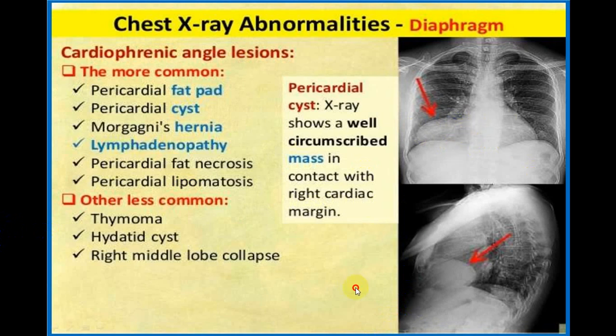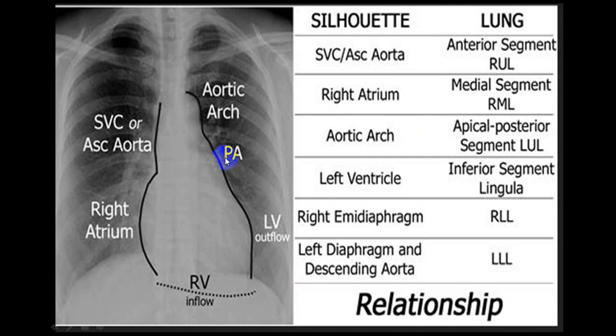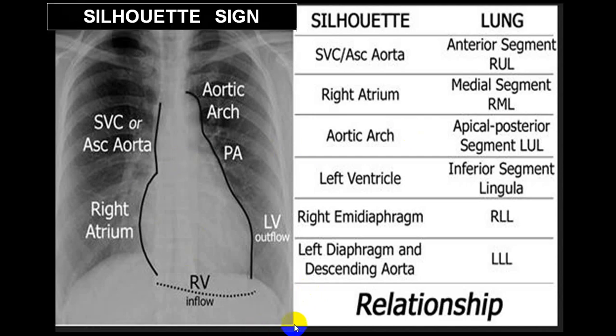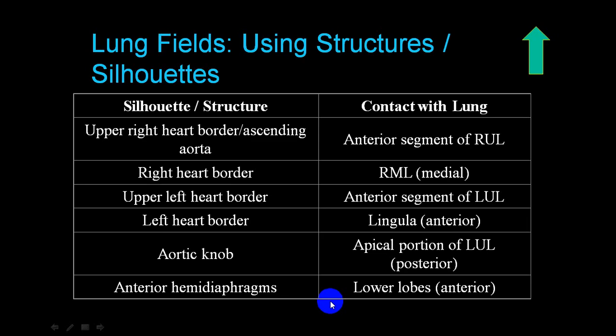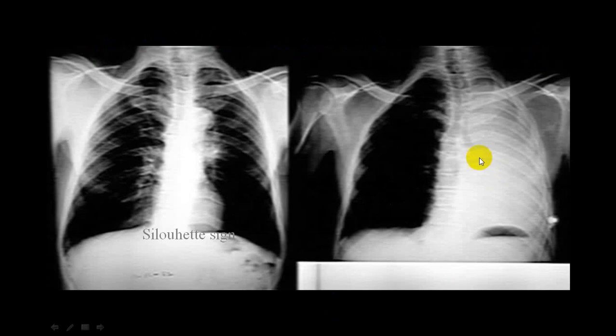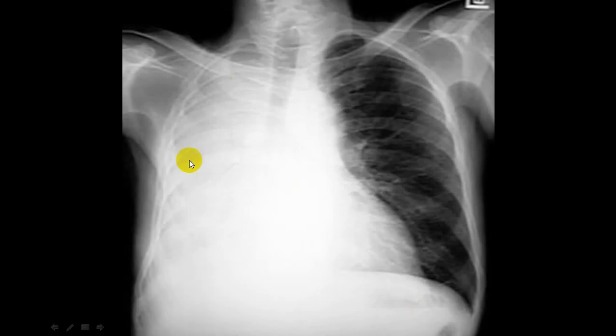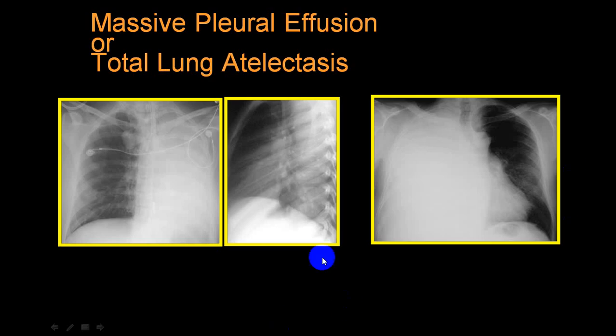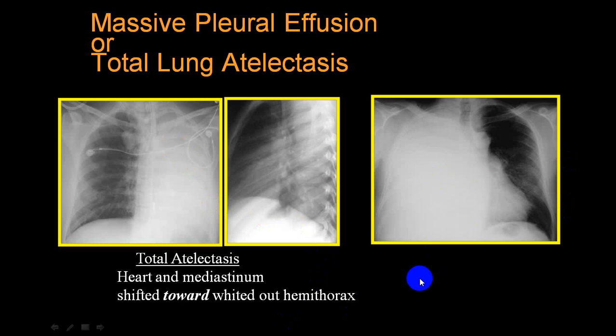In this X-ray, which we have already shown you before, I cannot make out the cardiophrenic angle clearly. This is because of a pericardial cyst. And in a case of cardiac silhouette also, you will not be able to make out the cardiophrenic angle clearly if it is right lower lobe pathology or left lower lobe pathology, like collapse, consolidation, fibrosis, thickened pleura, etc., which produce opacity. So this is atelectasis. This is again atelectasis. This is massive pleural effusion.